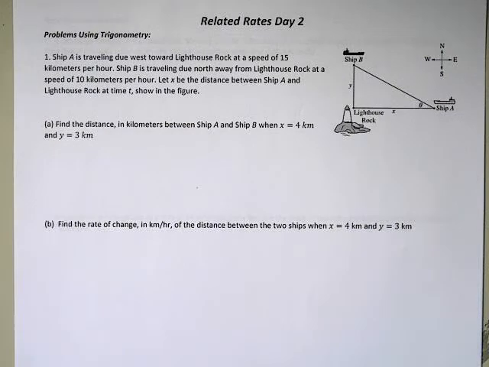Hi everyone, welcome back. We are on day 2 of related rates. In these problems, we are going to be looking at problems that use trigonometry and problems that use some geometry formulas. All right. So ship A is traveling due west toward Lighthouse Rock at a speed of 15 kilometers